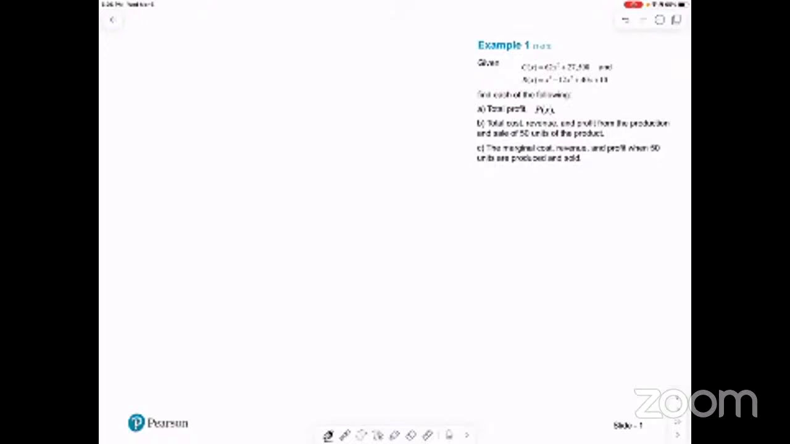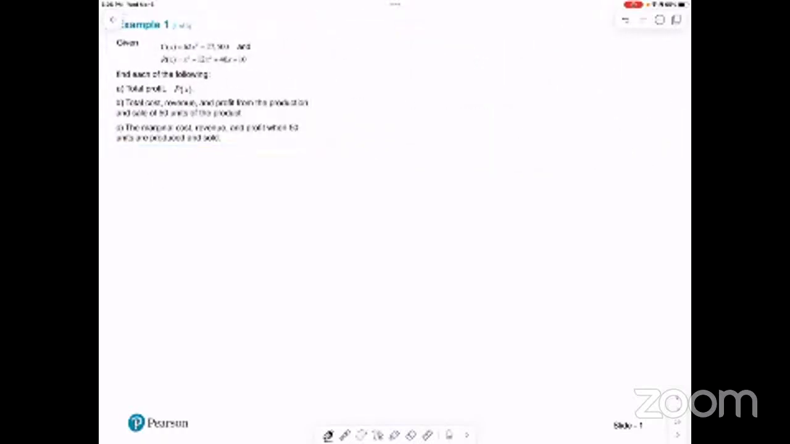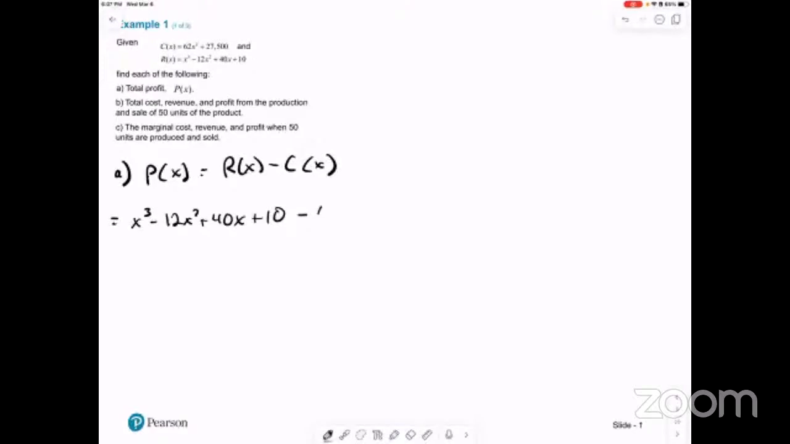So the profit function, that's going to be our revenue minus cost. So for part A, total profit should be the revenue minus the cost. Okay. So then that's going to be our x cubed minus 12x squared plus 40x plus 10. And then we need to distribute a negative into the cost function. So minus 62x squared minus